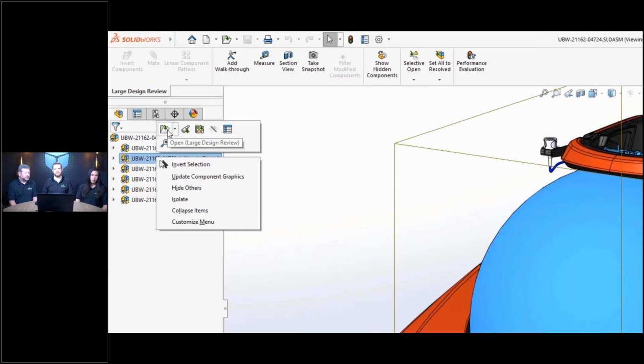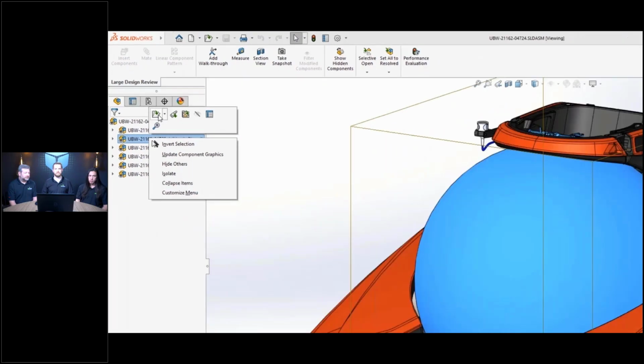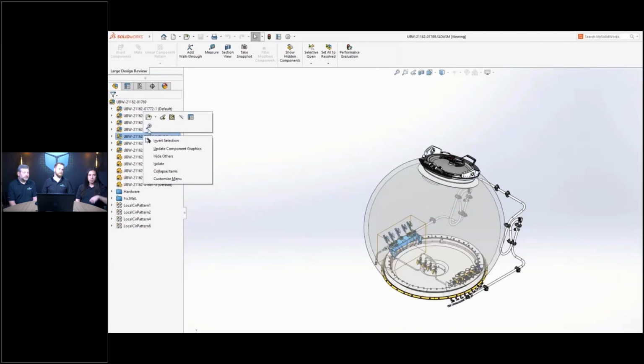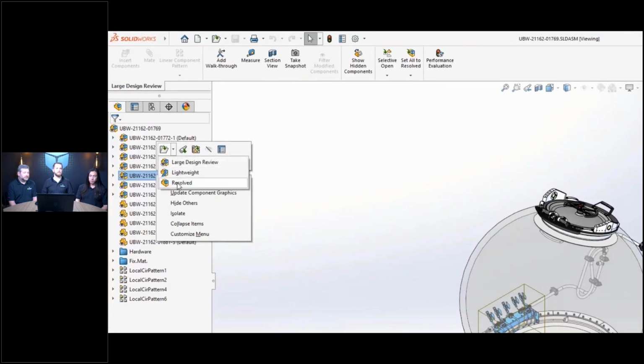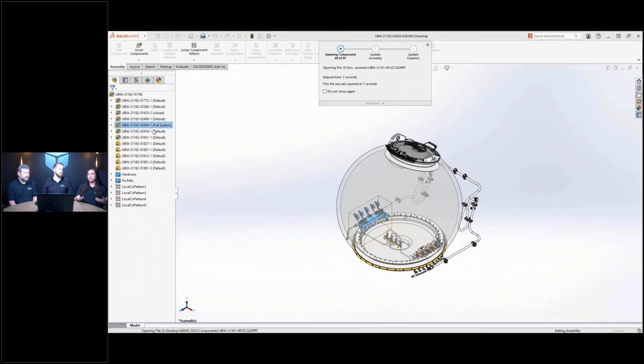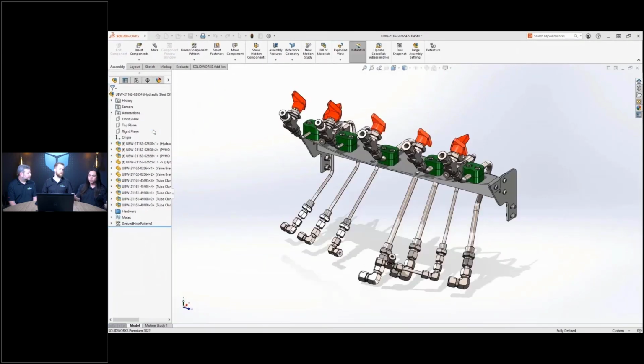We just go to the item that we want to open, right-click it, open in large design review. And some of you may have seen that there is now a caret at the side of that. Yes, we can open it in a resolved format depending on which subassembly we're looking for. On the sim side, this is really nice for me because when I'm going through different components, different configurations, I'd like to open up the entire model and say, okay, this is where I really want to work on, and this is where we can actually start getting to the next level of telling people what we need to work